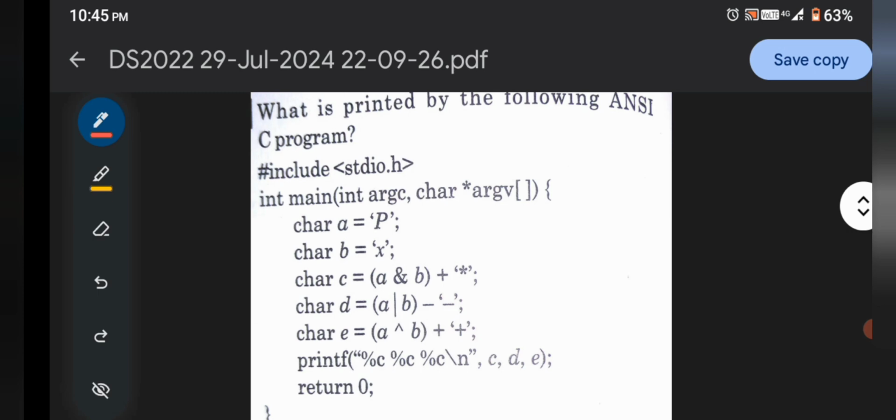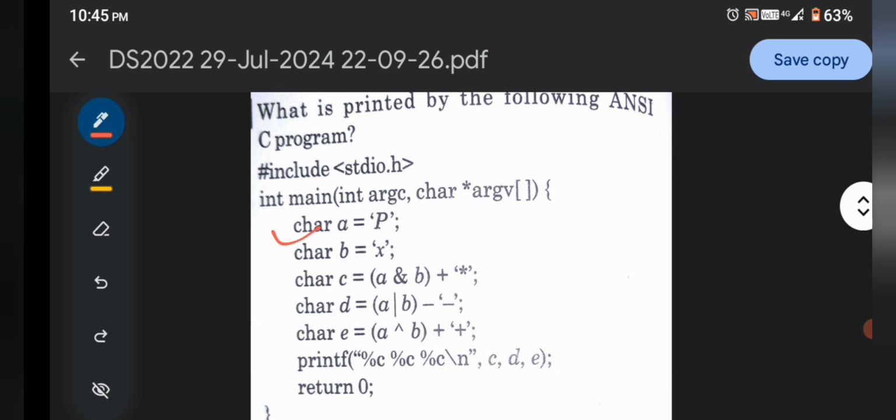Here the main function is given, and it carries some arguments, like a character pointer and character array. So here the argument is a character pointer array.